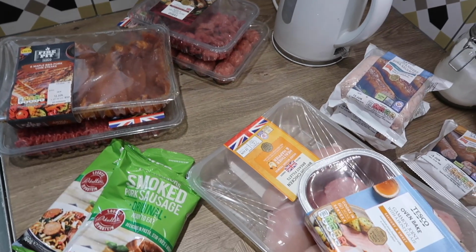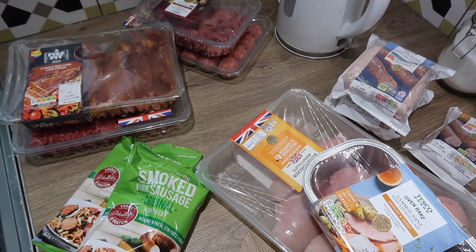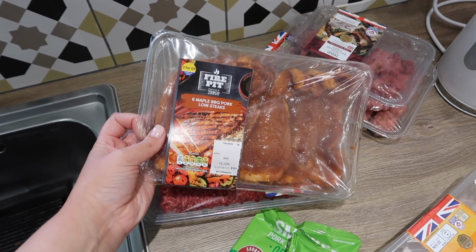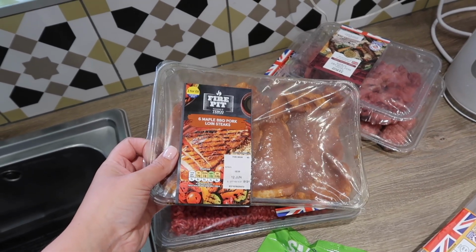I got a lot of meat this week. I don't normally buy this much meat in one go, but I am pretty much completely out of my stockpile in the freezer. So let me run through. These are for barbecue season. 6 maple barbecue pork loin steaks, and Tesco had an offer where it was like 2 for £8, so I